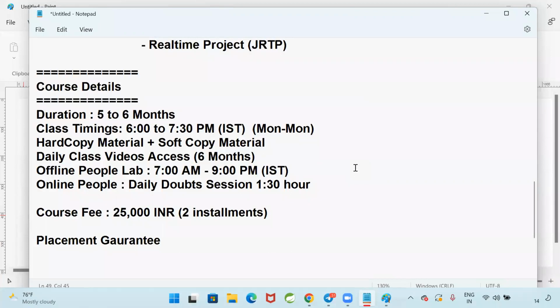That is important. Your graduation, sir, I studied mechanical. Can I get a job in IT? 100%, there is no doubt about it. Sir, I am from a civil background. Can I get a job in IT? 100%. Sir, I have 50% in 10th class or +2 or BTech. Can I get a job in IT? Yes, you can get it. No problem.